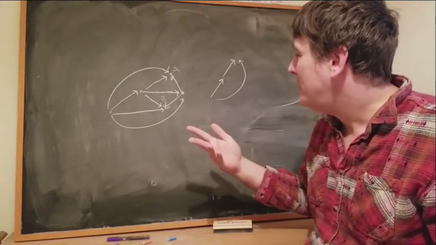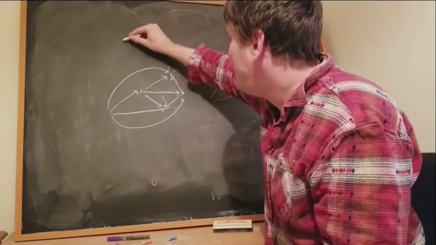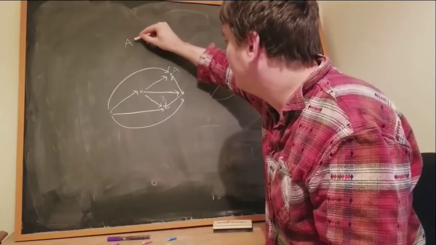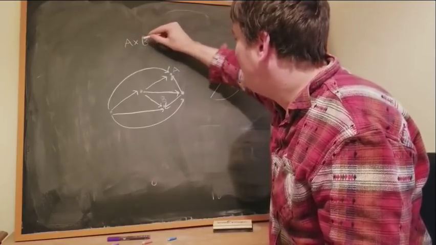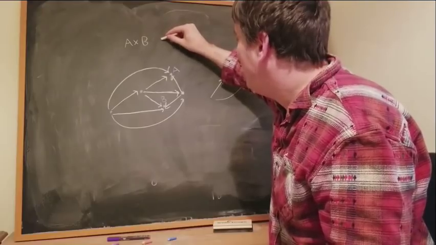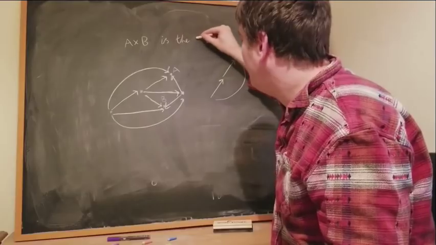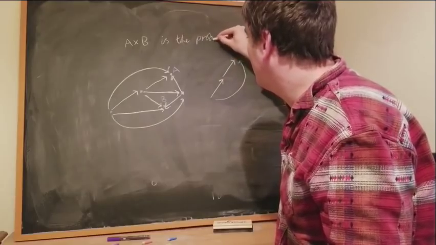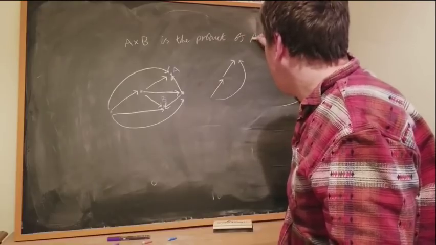And basically, for a preordered set, we have an object which I'll preemptively call A times B is the product of A and B